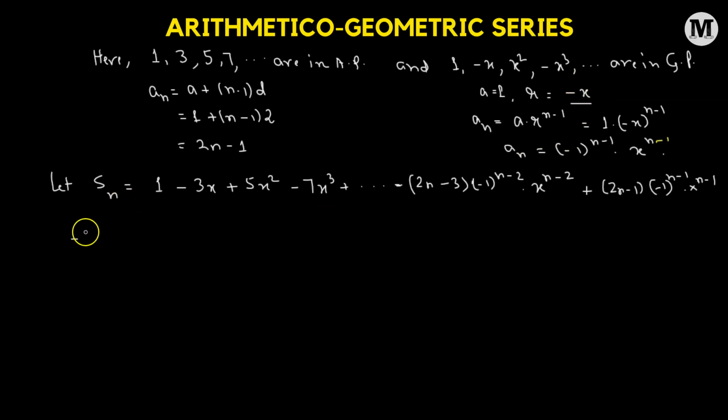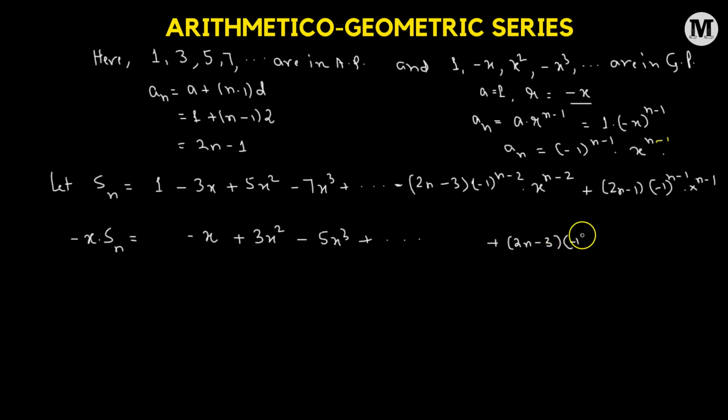So that means we have negative x multiplied to Sn, which means that when 1 is multiplied to negative x, that's going to give us negative x. Negative x multiplied to negative 3x is going to give us positive 3x squared. Then we have negative 5x cubed. This is going to continue till we reach the last term. So when we multiply the second last term of Sn with negative x, we're going to get positive 2n minus 3